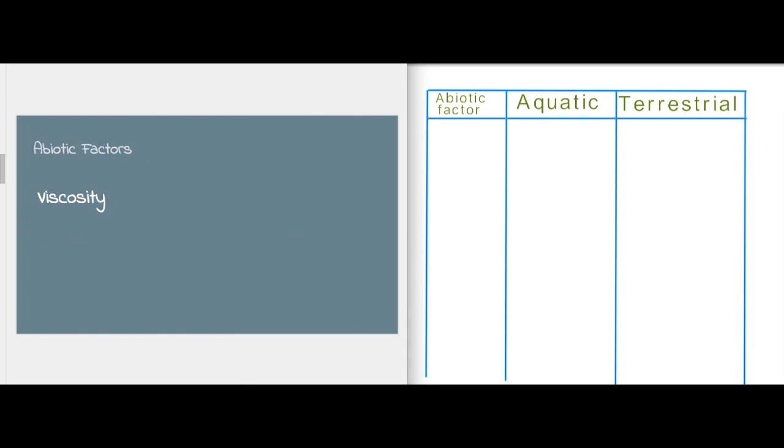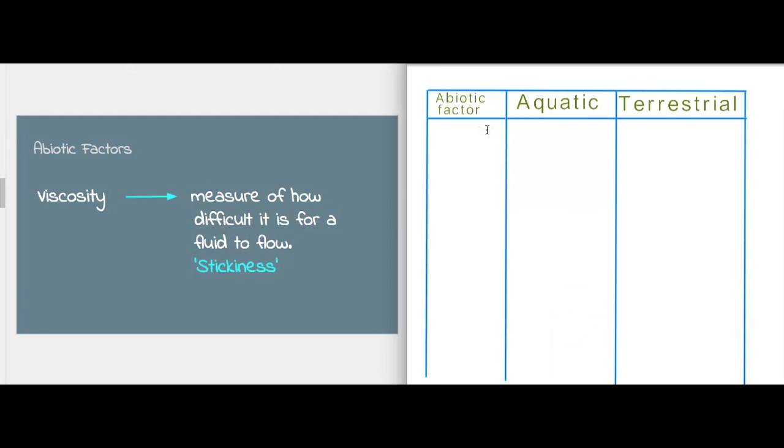The first abiotic factor to compare is viscosity, which is a measure of how difficult it is for a fluid to flow. So in other words, the stickiness of a fluid. So we'll add viscosity to our comparison table. Now the viscosity of an aquatic environment is much greater than on a terrestrial environment. So in other words, it is much more difficult to move through water than it is to move through air